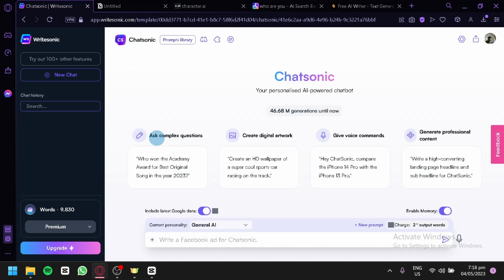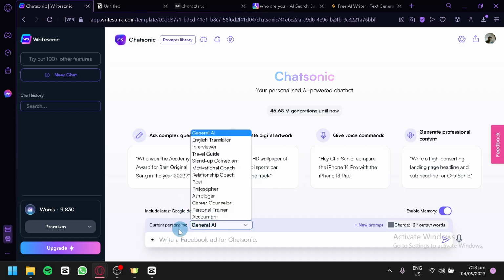As you can see here, you could ask complex questions, create digital artworks, give voice commands, and generate professional content. There's also this option over here that allows you to include latest Google data, which means that you would be able to access the internet and your data would be updated, unlike ChatGPT wherein their data is limited to September 2022. You could also choose personalities over here,